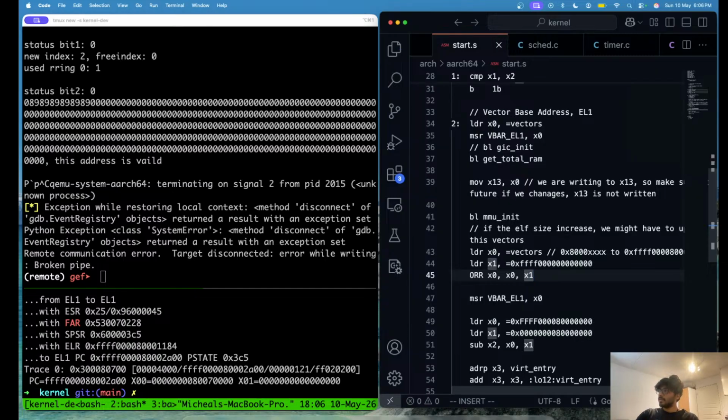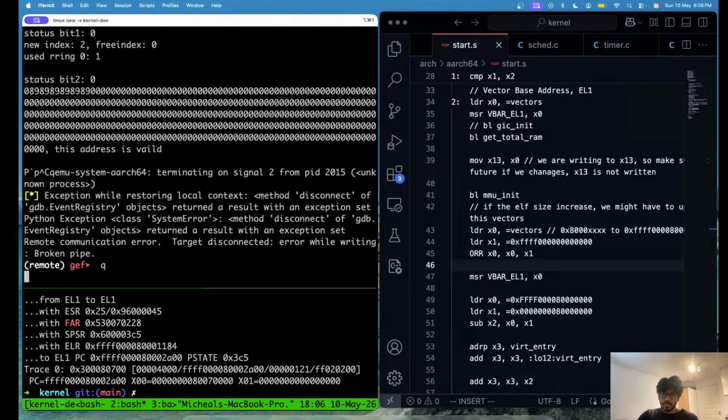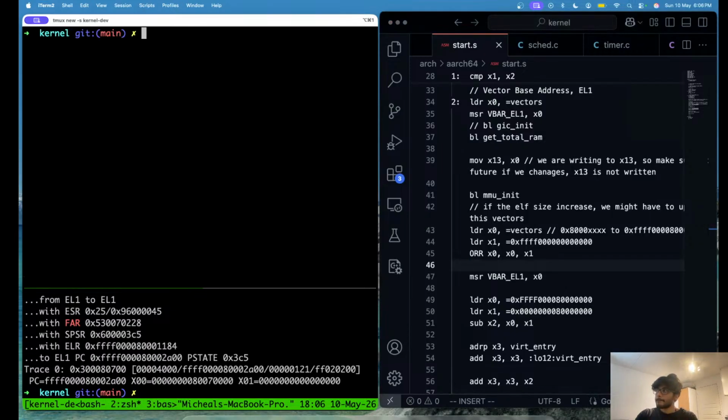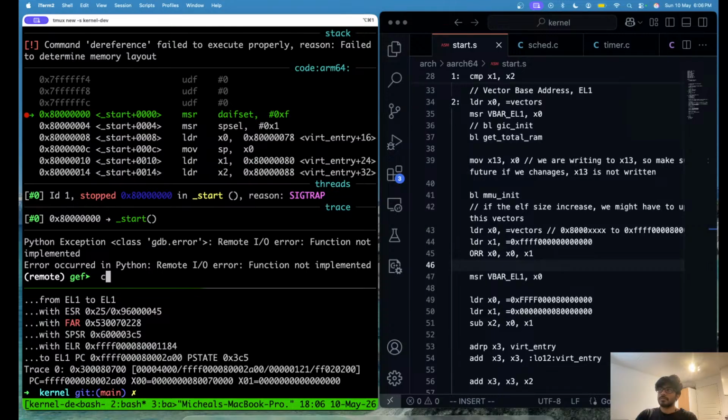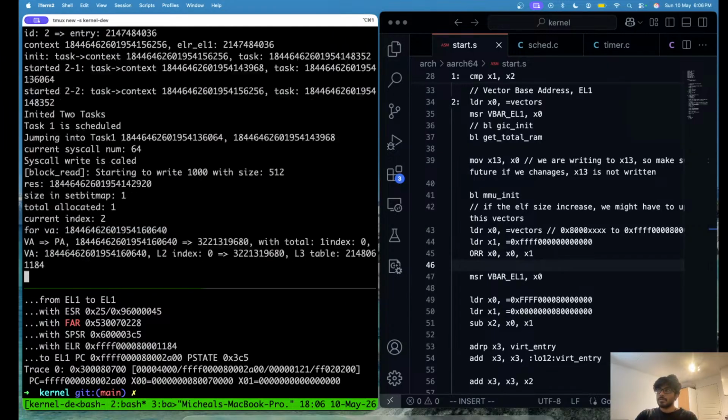Okay, I think it should work. Let's try. If we build it, looks like it worked,